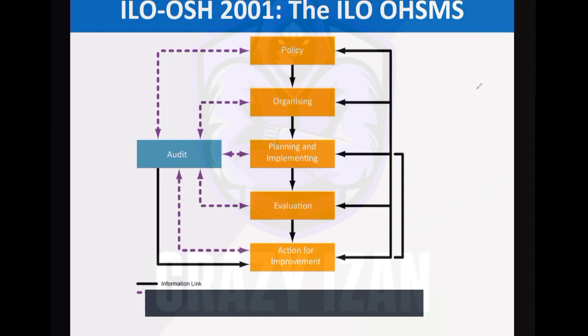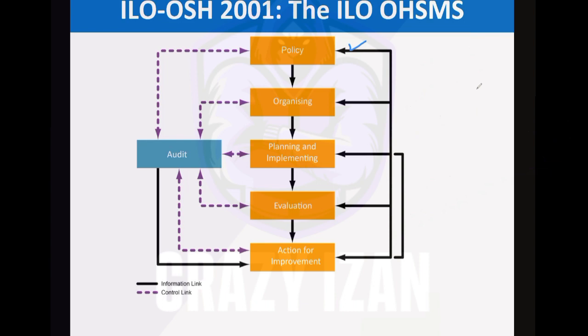So first of all, you plan, you make a policy. It's a high level document. This is part of the planning. Then you organize, you assign roles and responsibilities. Then you have the planning and implementation phase. The planning and implementation phase is very, very important as well. So once you have had a policy and organized properly,